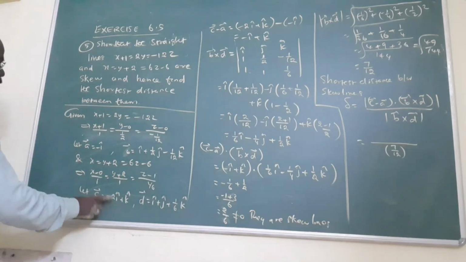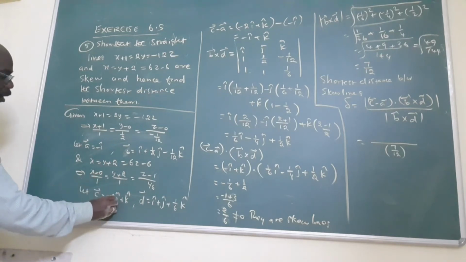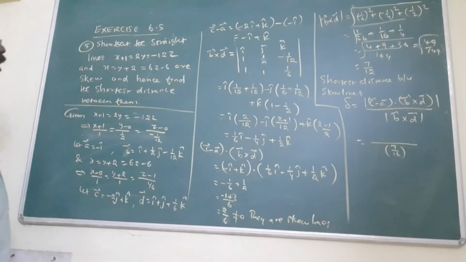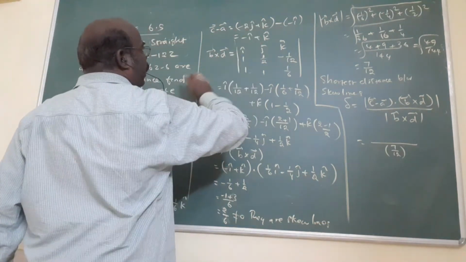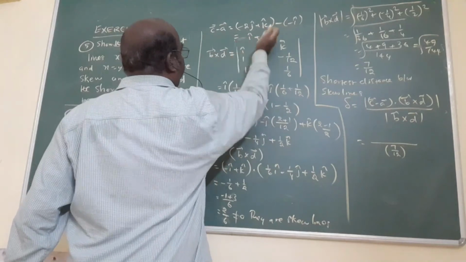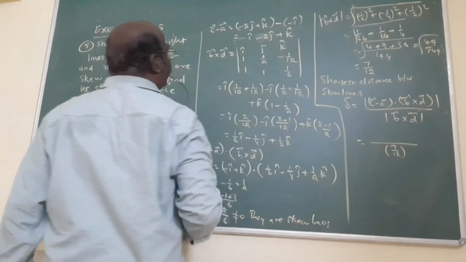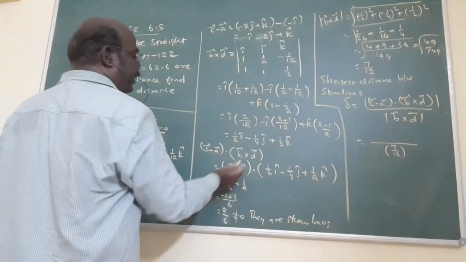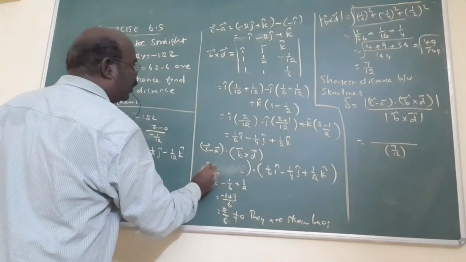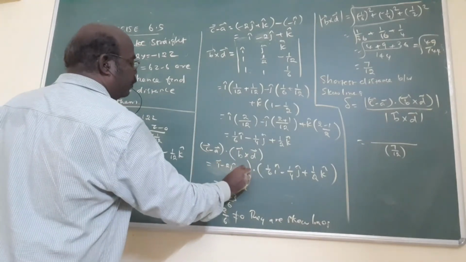Actually, small mistake here. The first value is 0, no? The I vector is 0, and the J vector is only 2J. Here 2J will come. Am I correct? The parts are plus I minus 2J plus K. But C, BD is correct. Now C minus A is here: I vector minus 2J vector plus K vector.